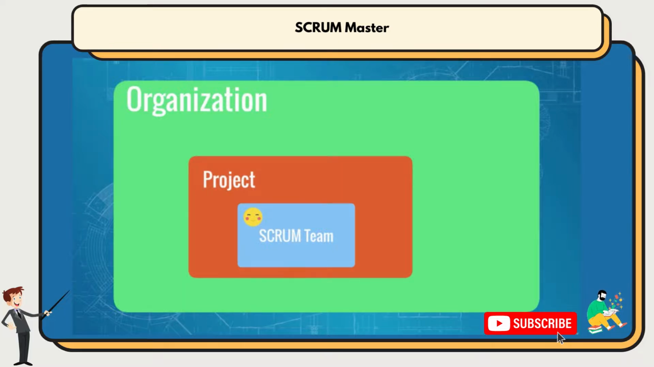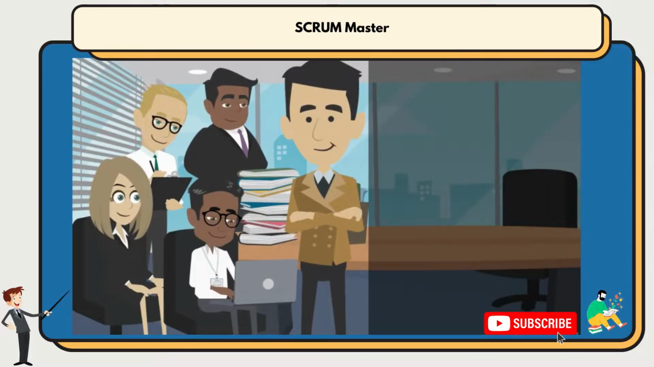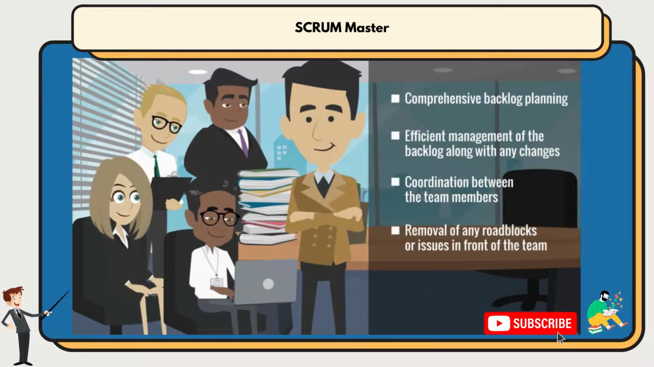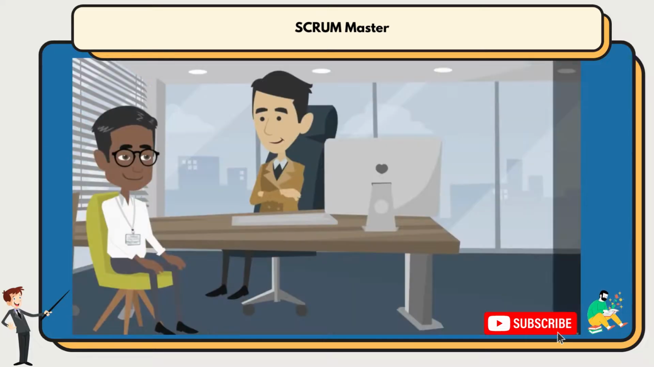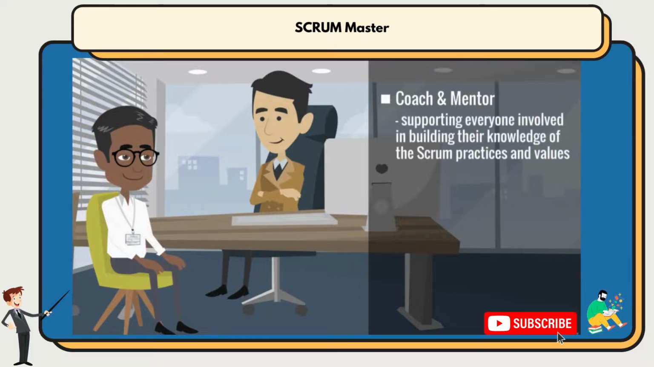or broader organization. The Scrum Master oversees all critical activities, such as comprehensive backlog planning, efficient management of the backlog along with any changes, coordination between the team members and removal of any roadblocks or issues in front of the team. Also, the Scrum Master incorporates the role of a coach, a mentor, supporting everyone involved in building their knowledge